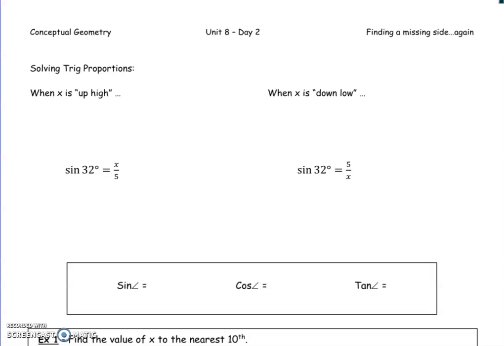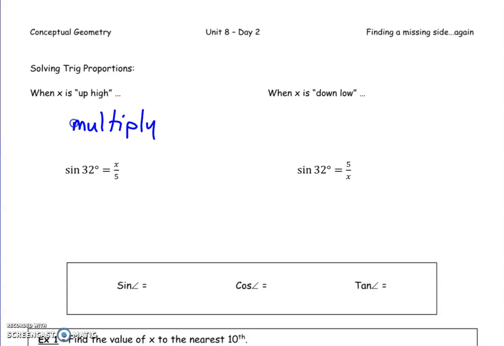Unit 8, Day 2, finding a missing side again. This is what we did yesterday, except today you'll notice the missing side is going to be in a different location in the equation. So there's a couple sayings. This equation on the left, sine 32 degrees equals x over 5. And the saying is, when x is up high,